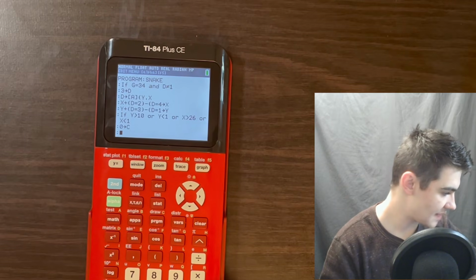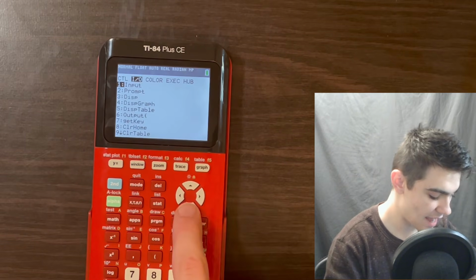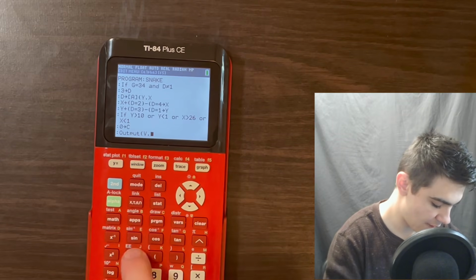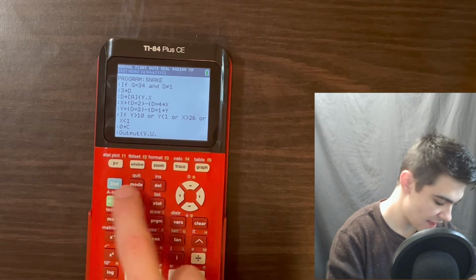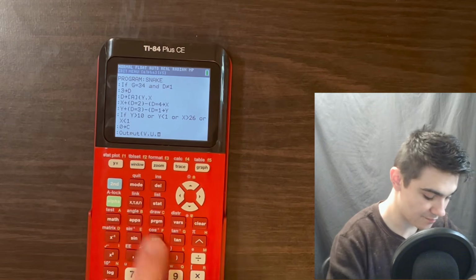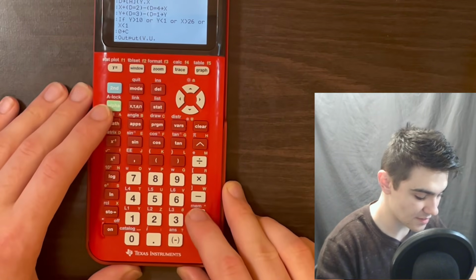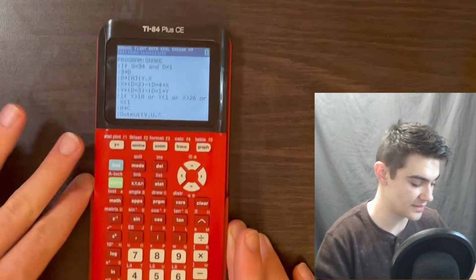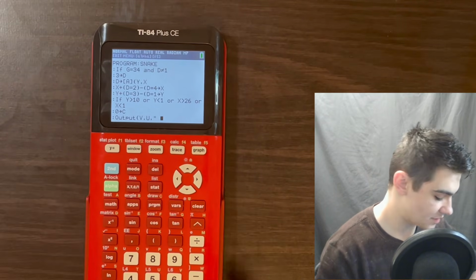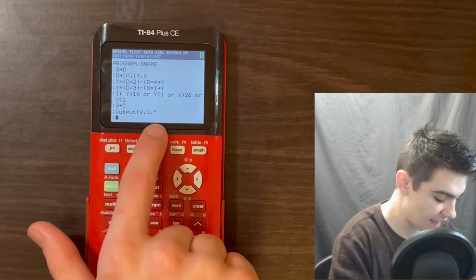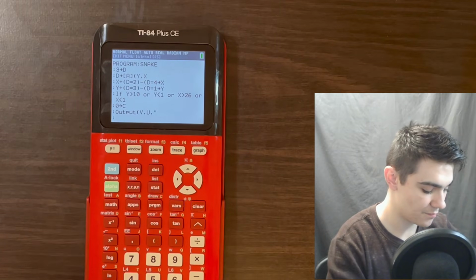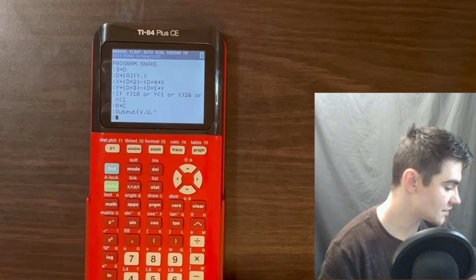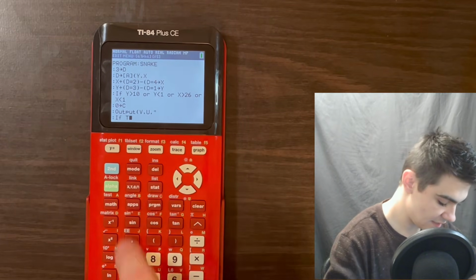All right, so now we're going to output. So press program, I/O, and then output. And then we're going to say v, comma, u, and then comma, and then we're actually going to do a quote, which is alpha plus right there. And we're going to type in 1 space, so alpha 0. So that is a space for you guys. All right, so now press enter. And that's going to output at the tail a space, so that the tail doesn't look like it's infinitely long. All right, so now we're going to say if t equals 1,